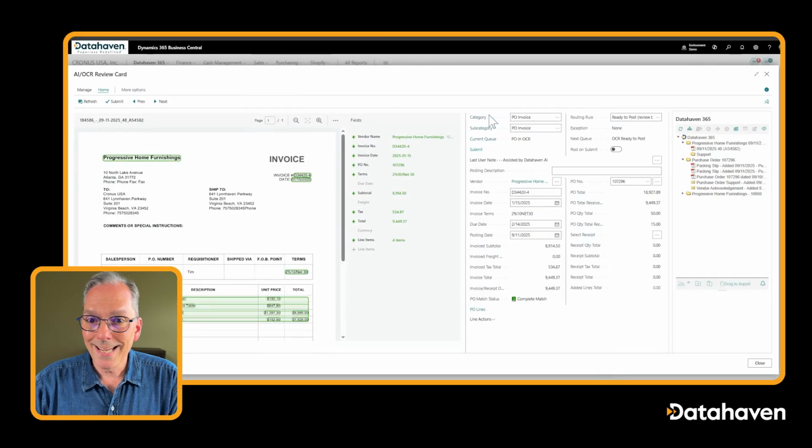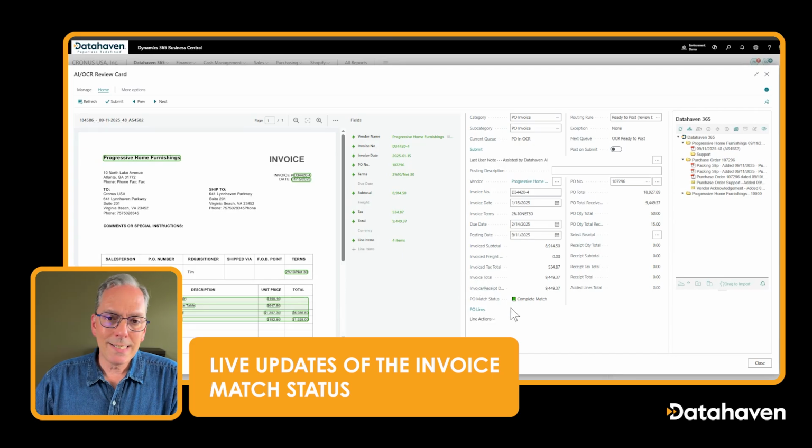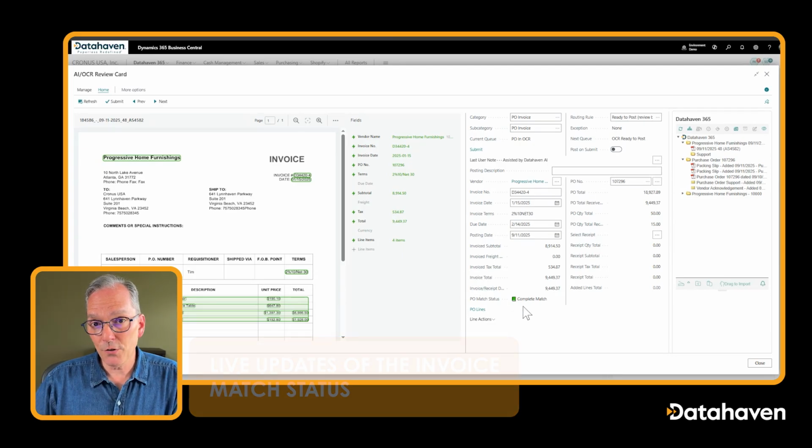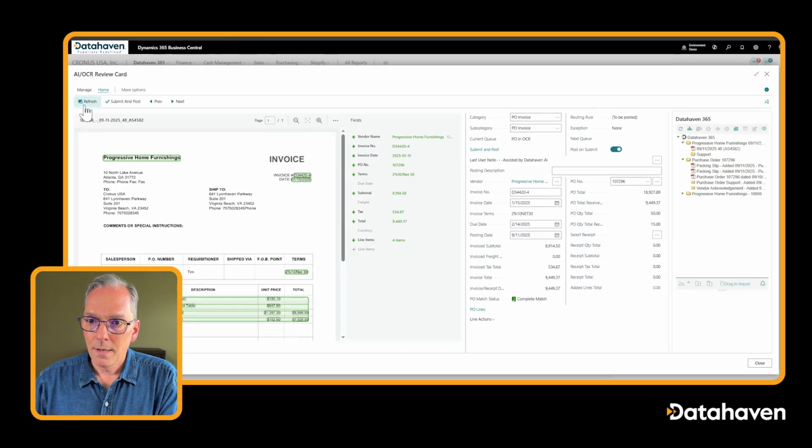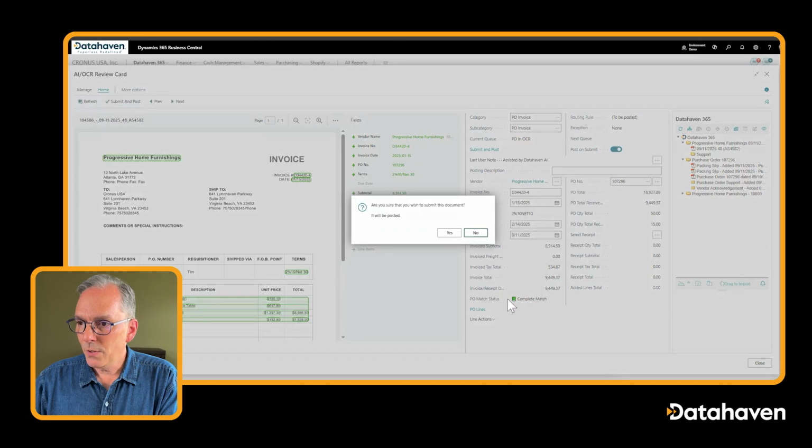And we'll go back to the Datahaven Verify panel. If we look at the bottom, now you can see that this invoice is a complete match against the purchase order and the receipts. I'm going to once again mark this to be posted. And we'll move on to